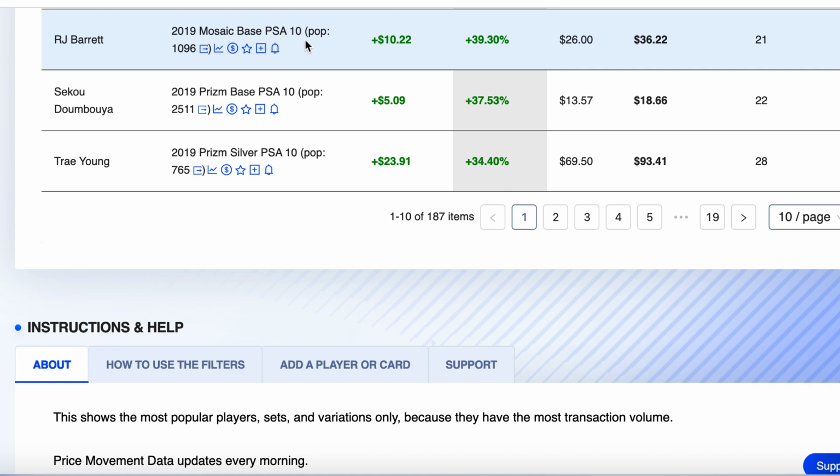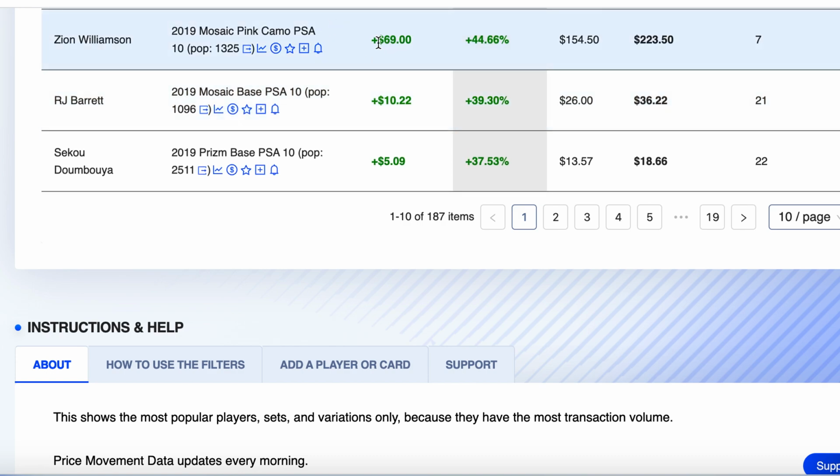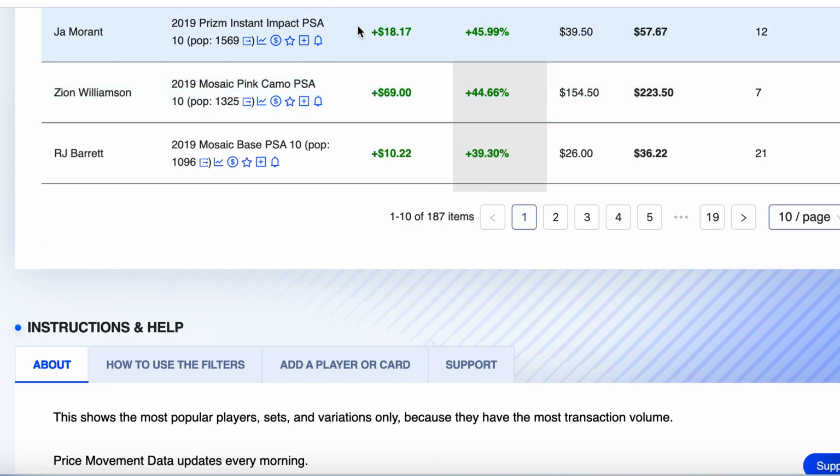PSA 10, RJ Barrett obviously had quite a step up this year, made the playoffs and everything. Knicks look like a promising team, so cheap. Pink camo, alternative type card, much lower pop count of Zion, who obviously did really well this year, and his cards are pretty low. Instant Impact, an insert out of Prism with a much lower pop count and much cheaper